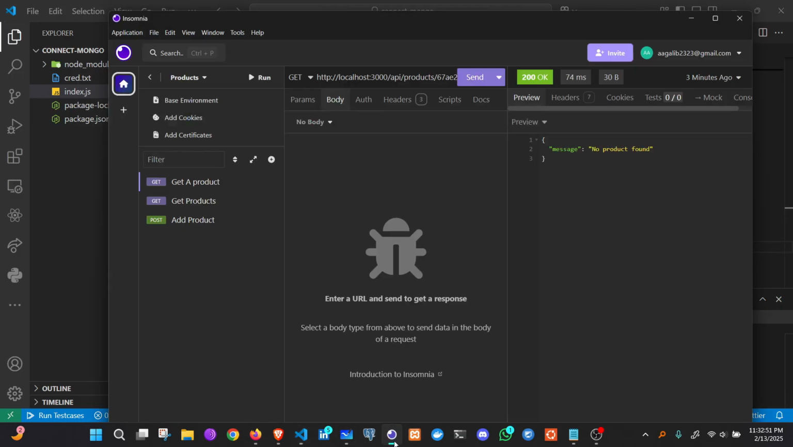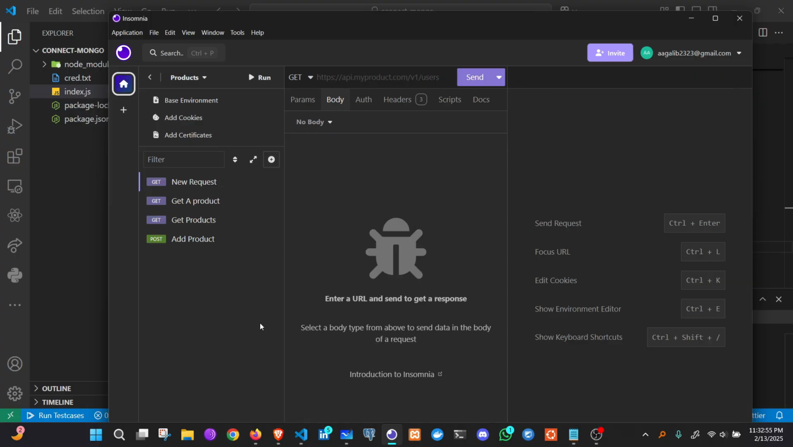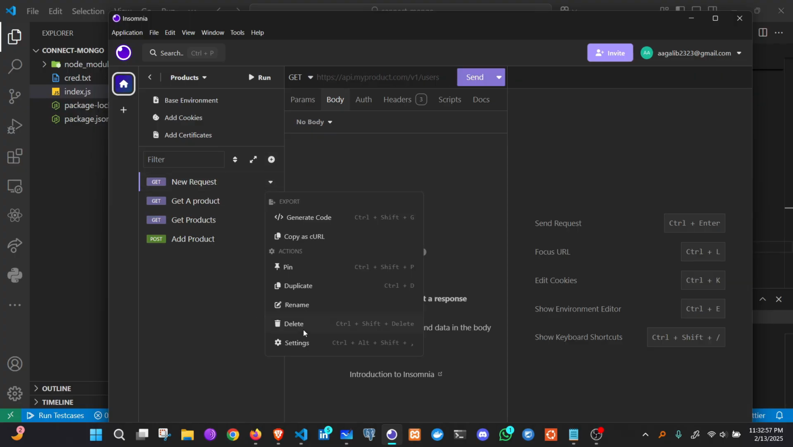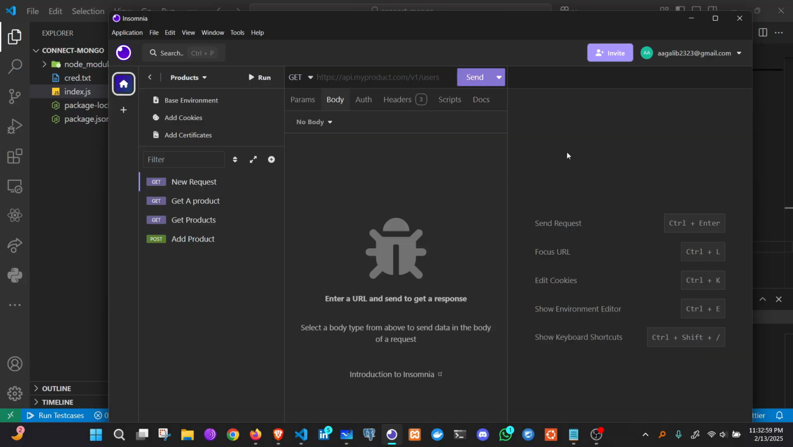So let us try this. Let's go to Insomnia, then create a new HTTP request, name this delete product, then it is a delete method. Provide the URL here,